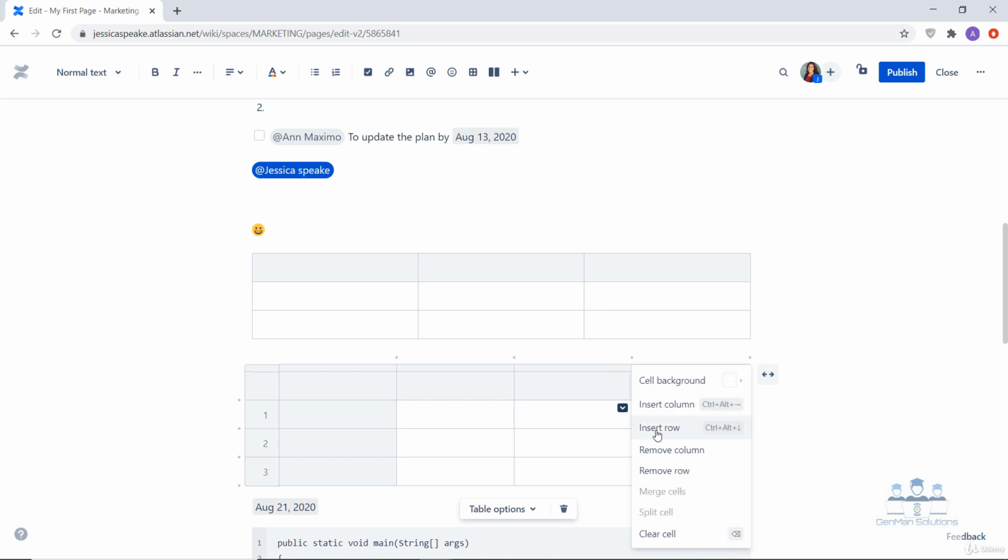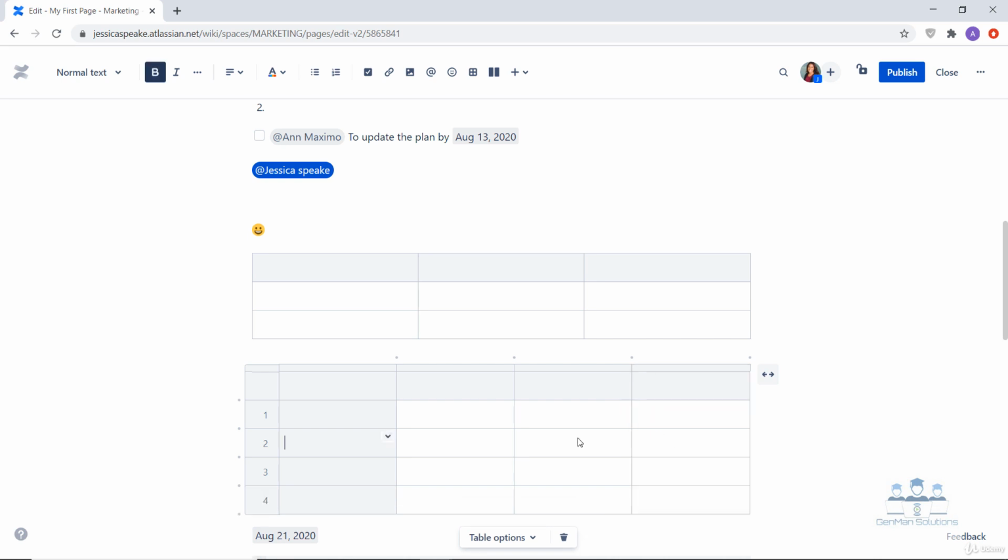You also have the option to insert a row. When you click on the insert row option, a new row would be inserted below the existing row. You can also remove column. Once you select the remove column option, the existing column would be removed. And similarly, you can remove the row as well.